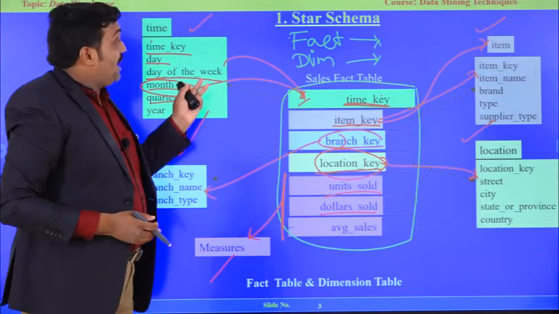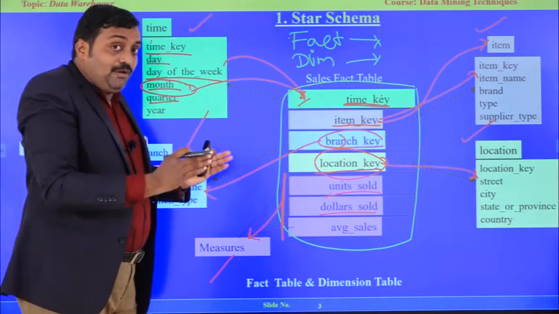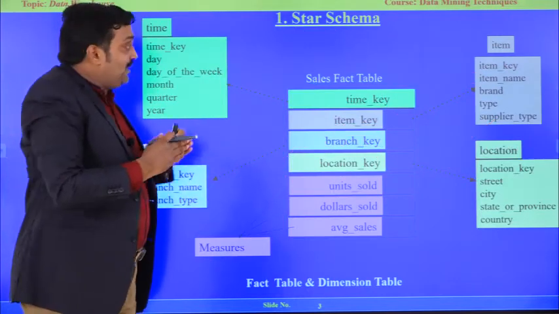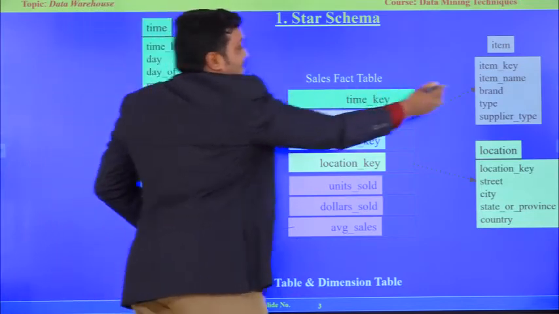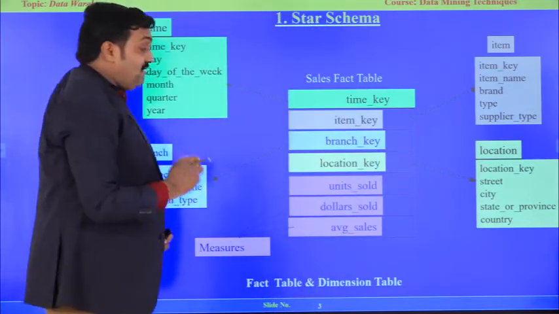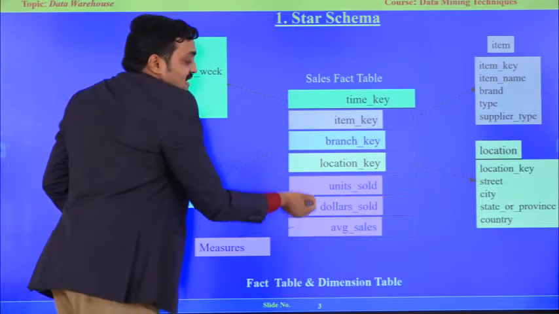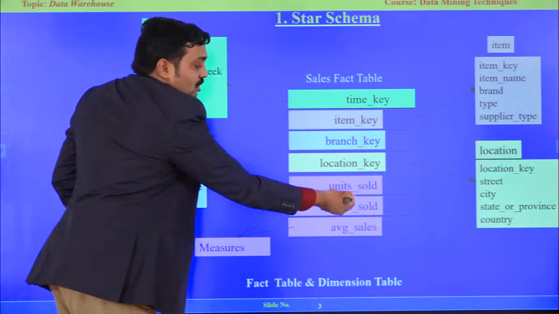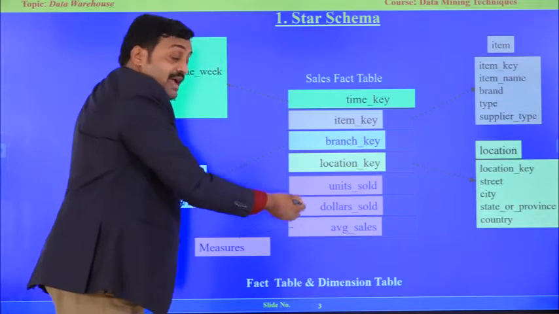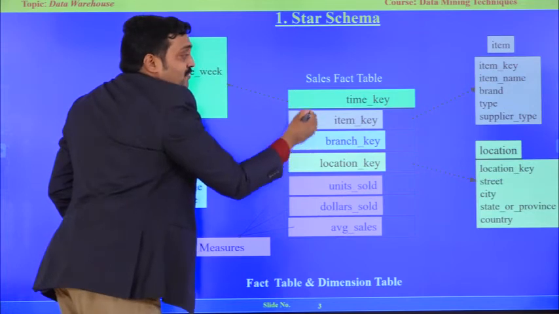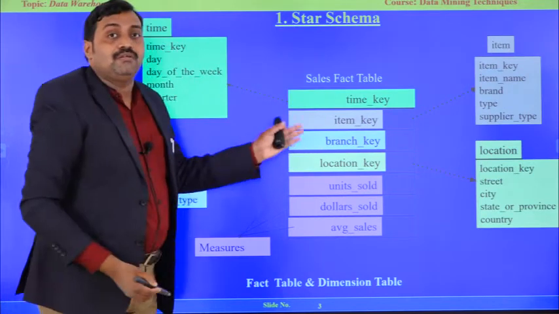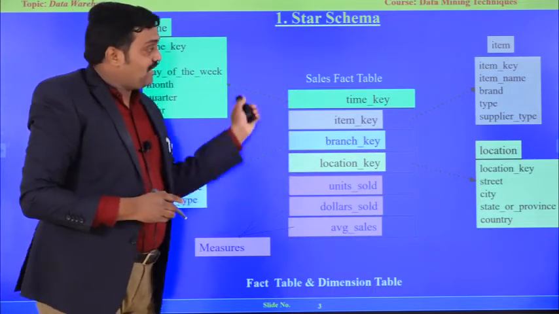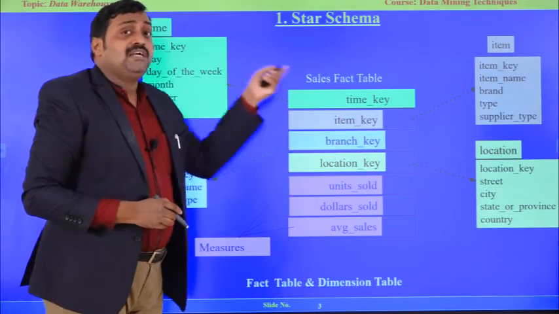Okay, this is about star schema. The fact table here is the center point. From the fact table we have all the dimension tables. These are the dimension tables, and we have a fact table that is a combination of the measures. Measures are simply sales, how many units and quantities sold out, what is the cost, average sales, and from which branch, which location, which item, which time, all these things are available. Okay, this is star schema. The center point is the fact table, and from the fact table the derived tables are the dimension tables.